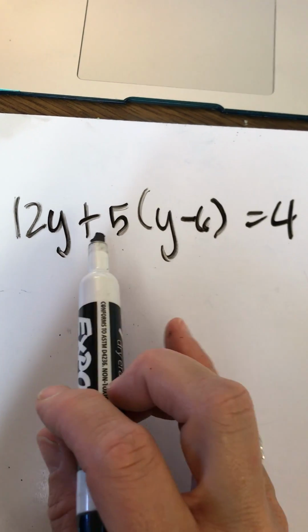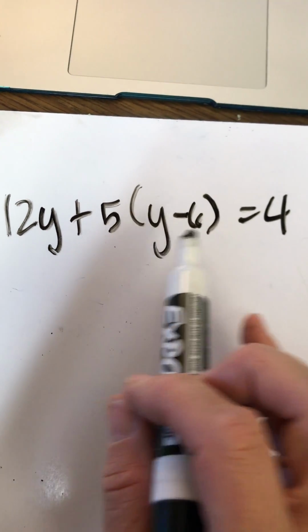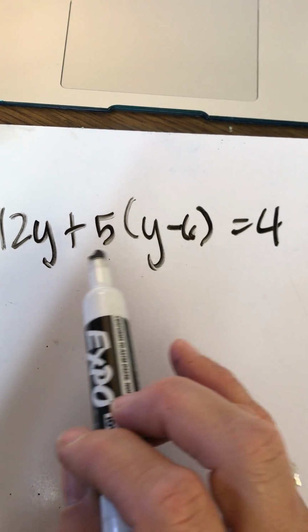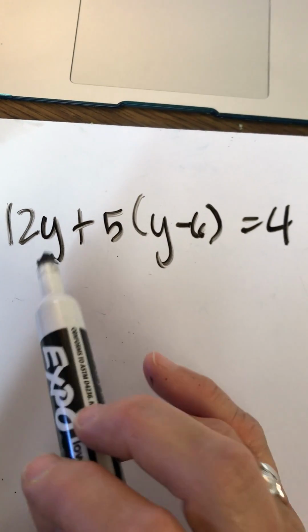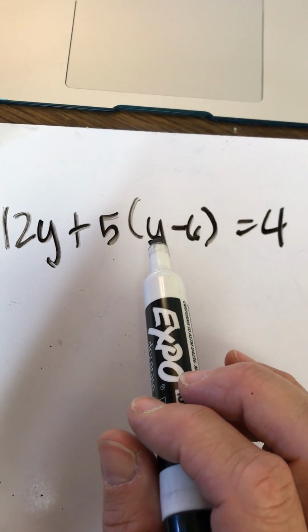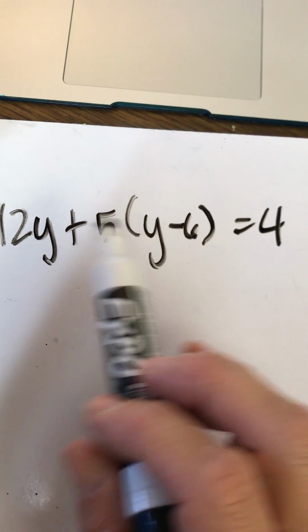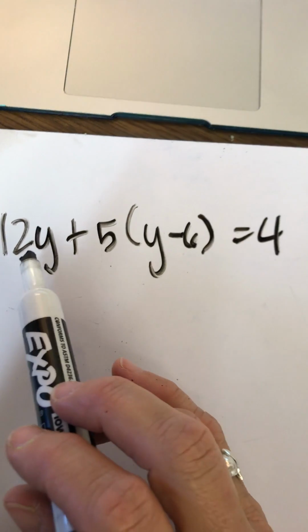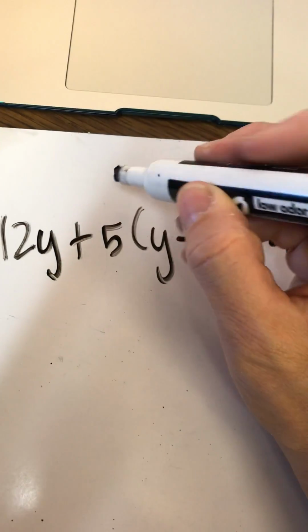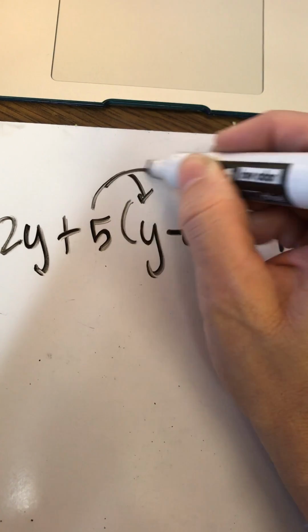So here we are: 12y plus 5 times (y minus 6) equals 4. Our goal still is to get all of the variables combined on one side of the equation. And right now that y is inside parentheses. So we can't just say, well, I'll put this y over here with this 12y. We can't do that because of the parentheses. So the first step in these types of problems is to use the distributive property to get rid of those